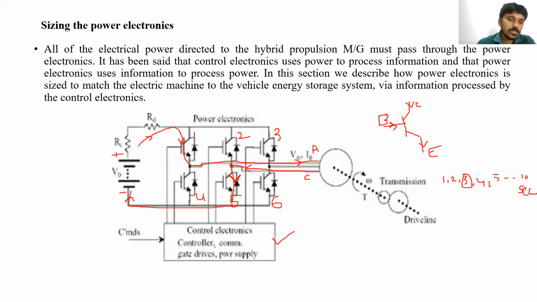This controlling circuit always operates based on the accelerator and braking pedal. This controlling circuit is always monitoring the accelerator, how much pressure is applied on the accelerator. If you apply pressure on the accelerator, what will happen?